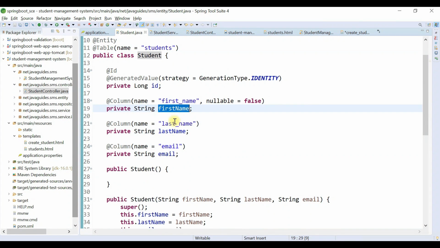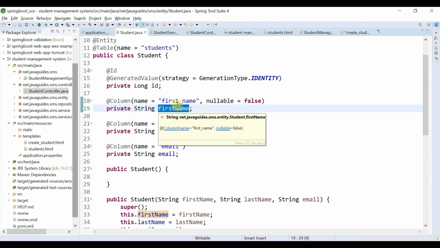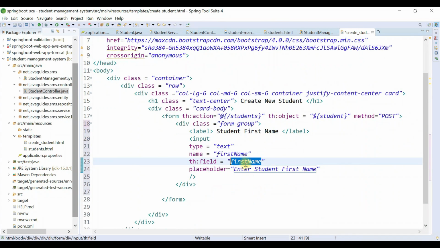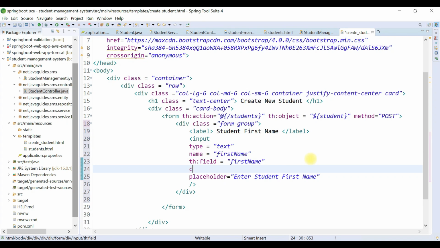Okay, this field firstName should match this string. Okay, so basically Thymeleaf will bind a value to this model attribute, that is firstName. And here we are going to provide a Bootstrap CSS class for this HTML element, that is form-control.